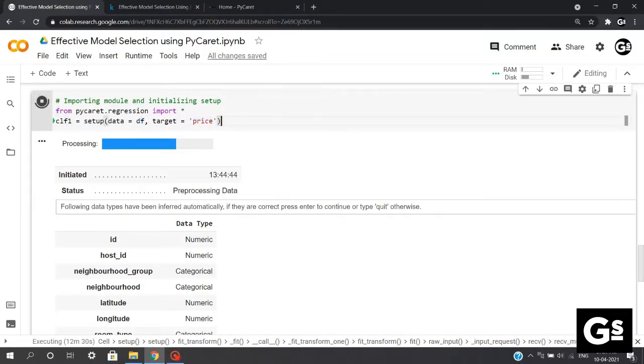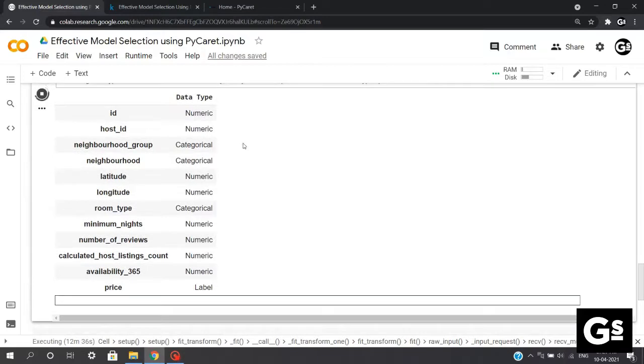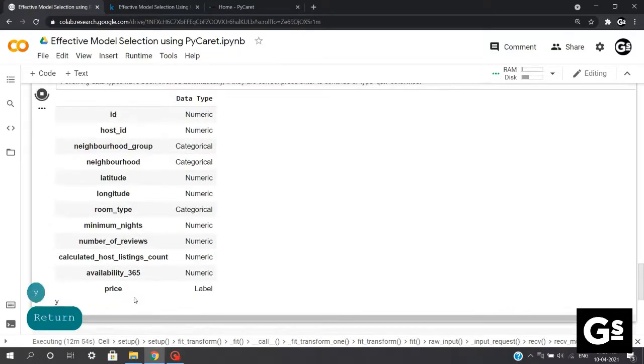And when we execute this, it will give the data type of all our columns in our data, and we need to verify whether it's right or wrong. And in the bottom you will see a text box appears. If the information about our data is presented correctly, we need to just input y over here, which represents yes, and we'll execute this.